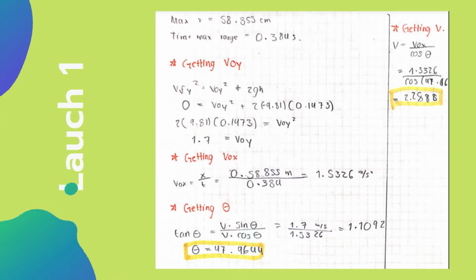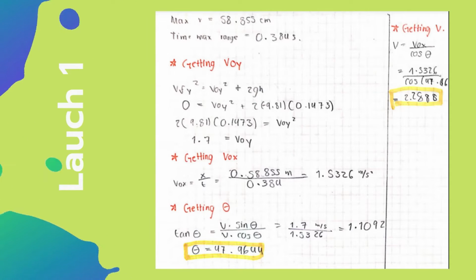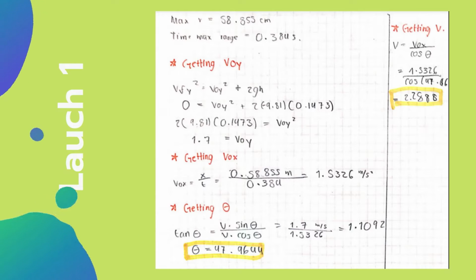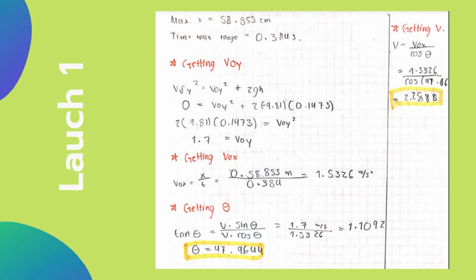Here is my procedure for launch 1. The first thing that I did was to get the y component of my initial velocity. For this, I used this formula: vf squared is equal to v0y squared plus 2gh. The next thing that I did was to substitute the values, and then I obtained the y component of